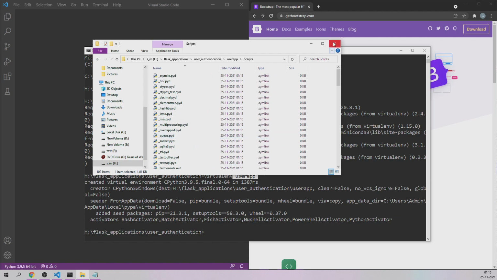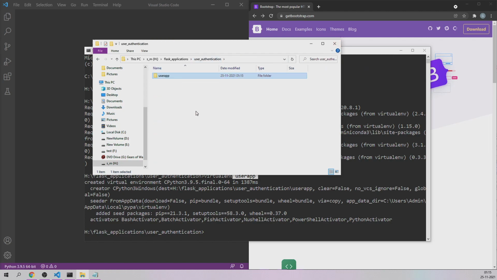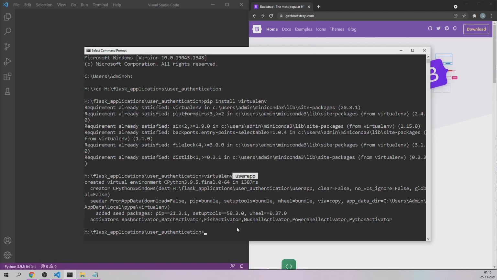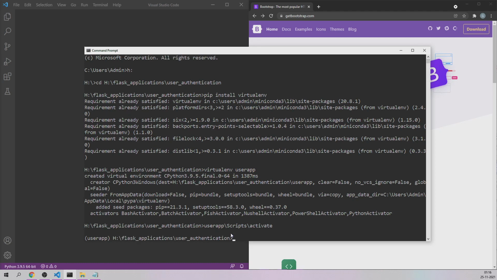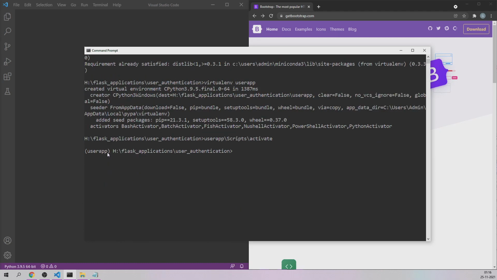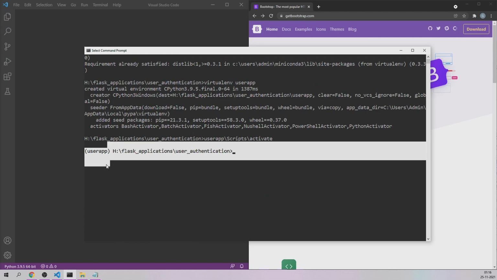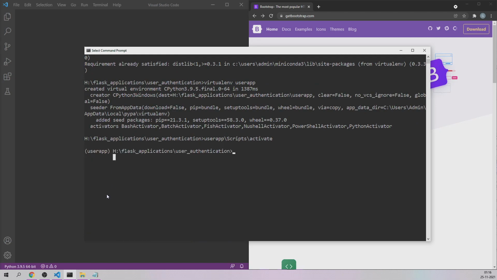First, let me come back to this particular folder. Let me minimize this. Now you will have to activate this virtual environment. Let me write the virtual environment name which we have just created, put a backward slash, and then Scripts, which is the folder, and inside that we are going to use the file called activate. This file is going to activate your virtual environment, and if it is successfully activated, you will see the virtual environment's name on the left side like this. Now you have successfully created a virtual environment and activated it.